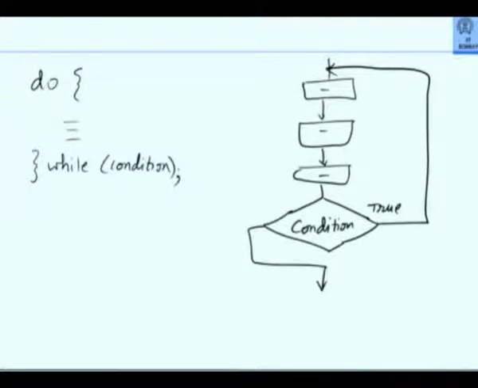So what is the difference between this and the while? The while condition is checked before you enter the iteration. Here, the condition is checked at the end of the iteration. So usually do is used when for the first time you necessarily want to execute the body of the iteration. You don't want to check, you first execute, then check. If that is your logic, use this. If you want to say first check, then execute and come back, then you use while. And for fixed number of times you want to execute, for. So these are the 3 possible choices, and once you understand the logic, you should be able to figure that. Okay. With this, we now move over to discuss arrays.